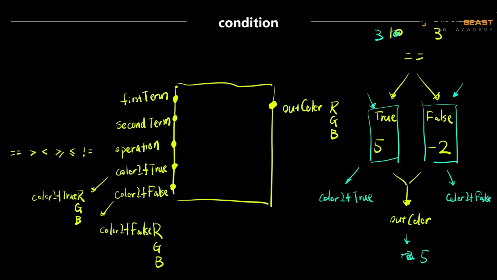Another thing to note, as we mentioned, all 3 of these are attributes with 3 fields. So it's really RGB, RGB, and outColor is also RGB. So it's not just one attribute. We can set 3 values for it. For example, 5, 2, 3, and here -2, -3, -5. And here it's also 3 values. It will be different depending on the situation. Of course, just like when we talk about the plus-minus average node and multiply-divide node, even though it has 3 value fields, we can still just operate on one of those fields.